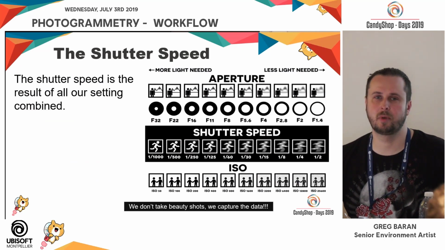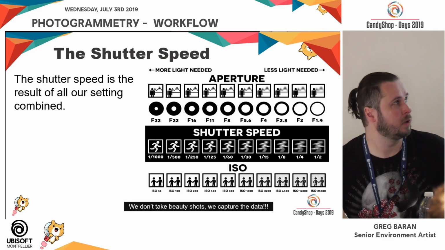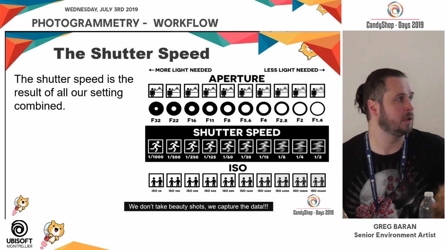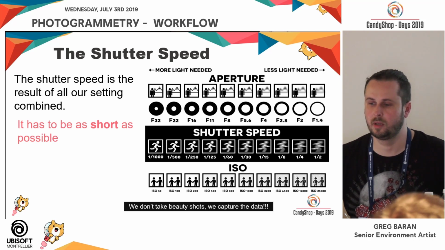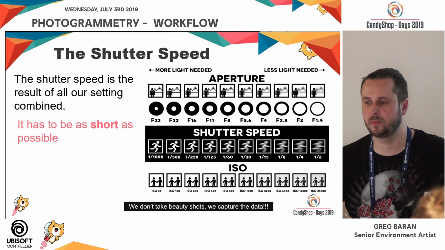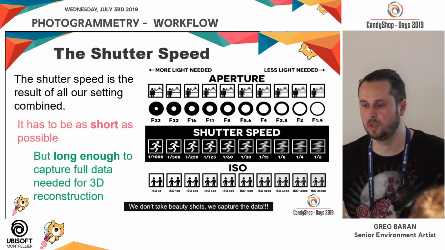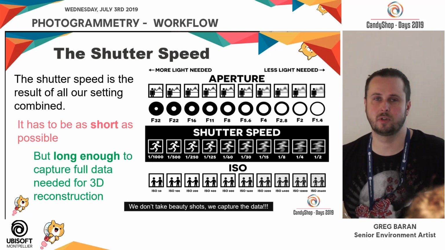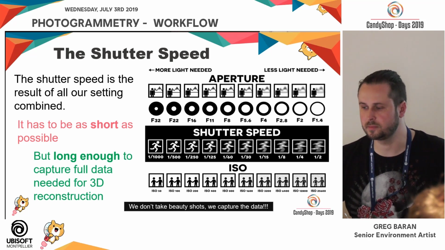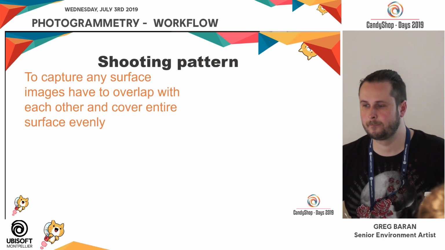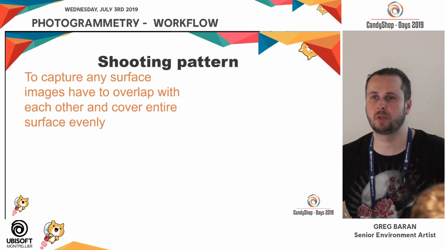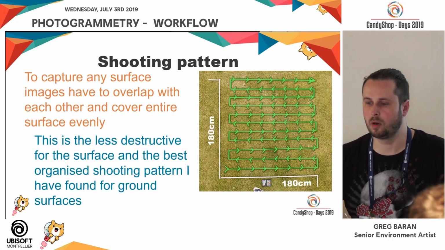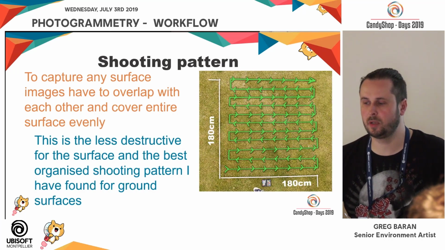So the setting, the camera is balancing with those things. We need to lower the exposure time, so we have to shoot as fast as possible, but long enough to capture enough data. While we are capturing for photogrammetry, we have to do overlapping of images, and it's very helpful to define the